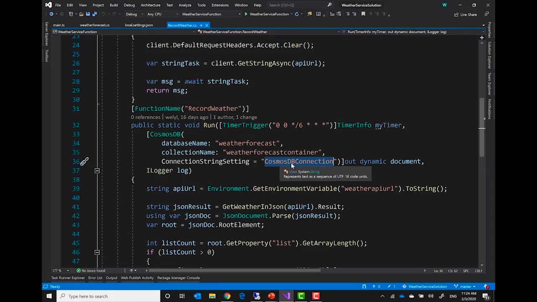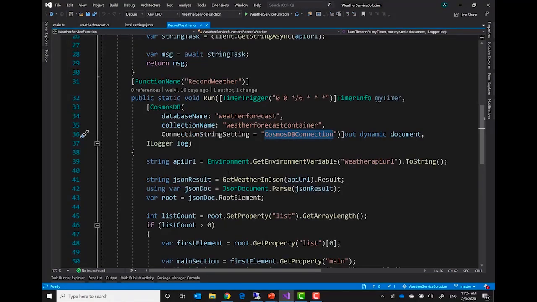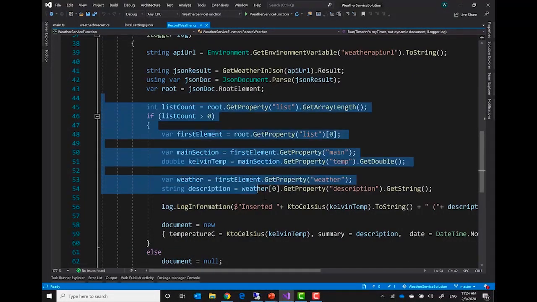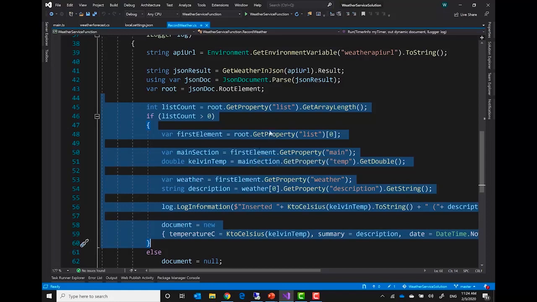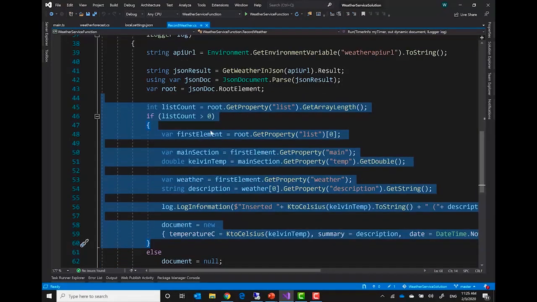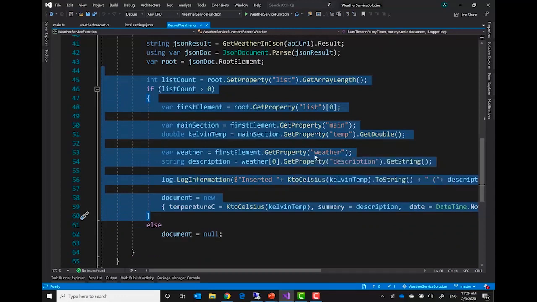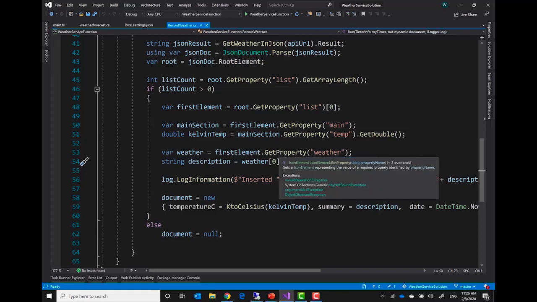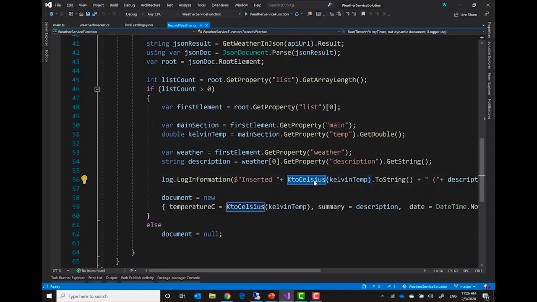The connection string name is the Cosmos DB connections, and obviously I can store my details of the value in my local settings.json. Okay, so my code is basically trying to get the details from the external web service that returns me a set of JSON files, and I'm going to do my parsing accordingly in order to get the weather as well as descriptions, right? The weather was in Kelvin, and therefore I have to convert to Celsius first, and then